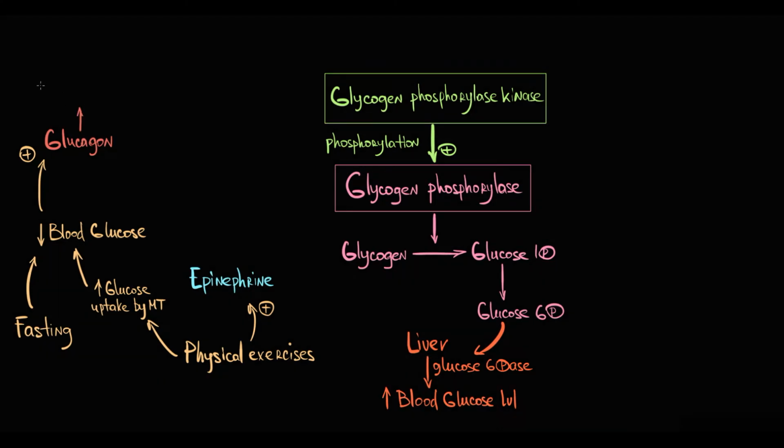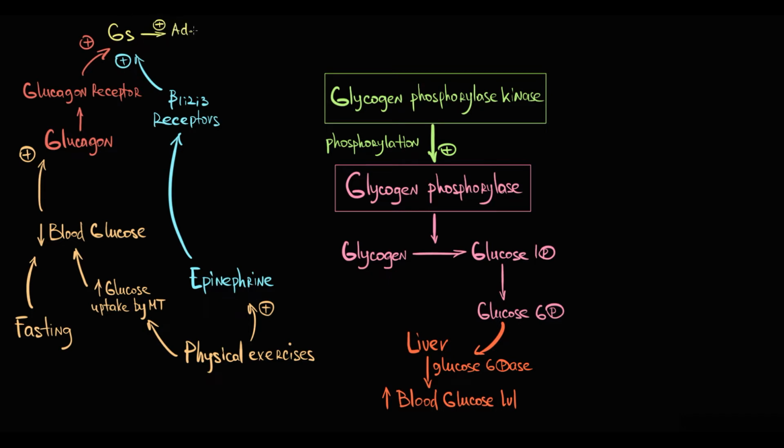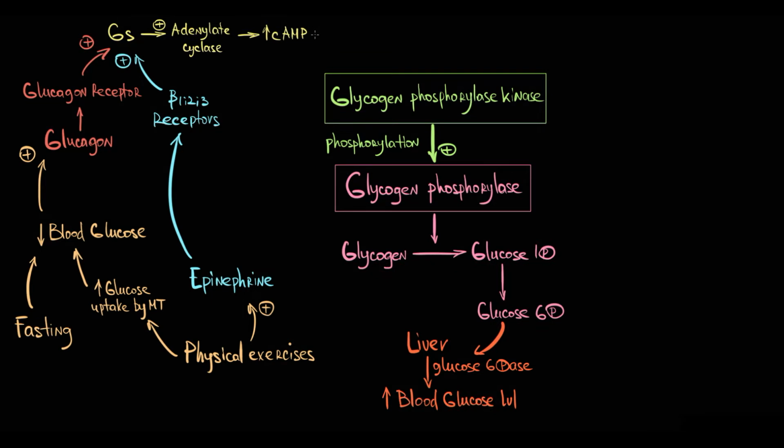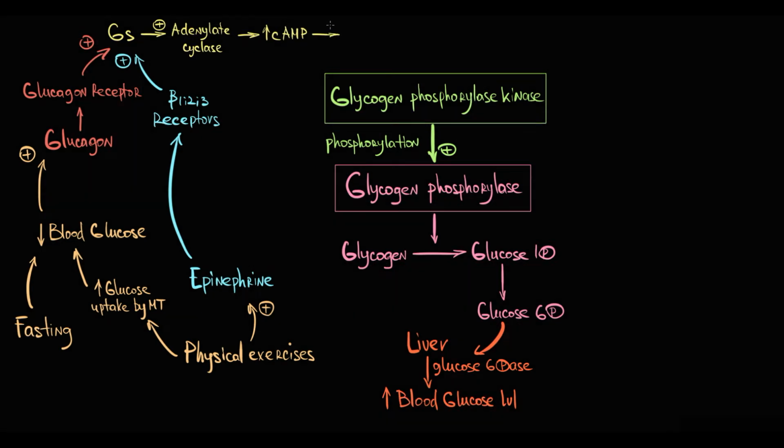Glucagon acts on glucagon receptor in the liver tissue and epinephrine acts on beta 1, 2, 3 receptors in the liver tissue. Activation of these receptors through Gs protein causes activation of adenylate cyclase that in turn converts ATP into cyclic AMP. And increase in cyclic AMP activates protein kinase A. In turn, protein kinase A activates glycogen phosphorylase kinase, and activation of glycogen phosphorylase kinase is a central event in